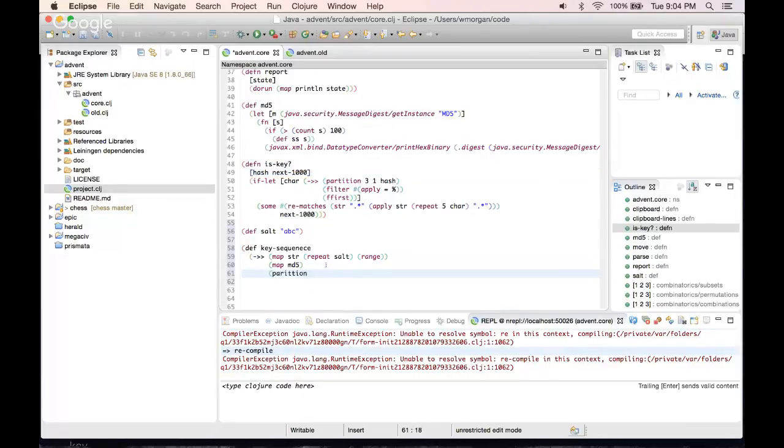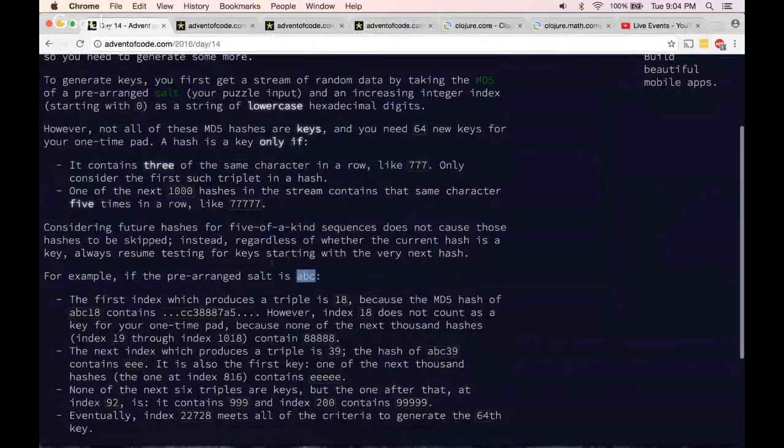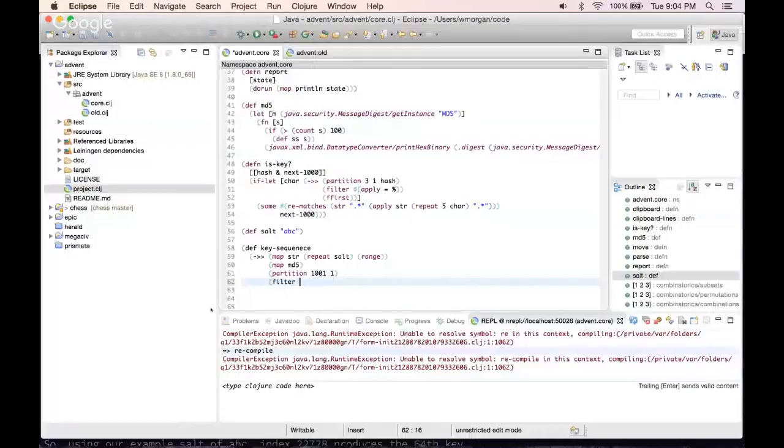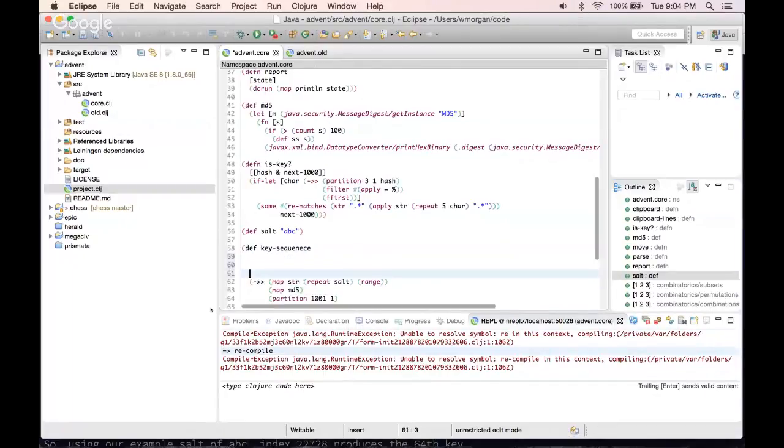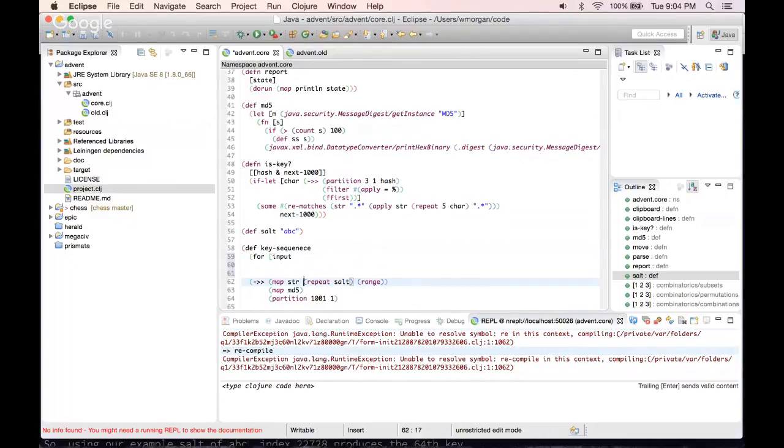So I think I could use a partition 1001 like this. Is this right? So I think maybe more like that. Then filter. Let's see. All right, I'm going to make this into, all right. So for input, input in this,